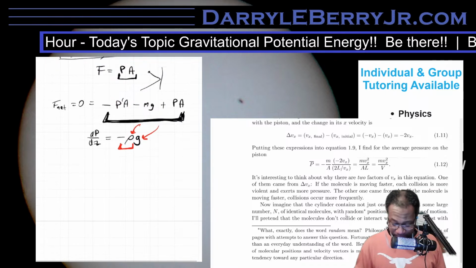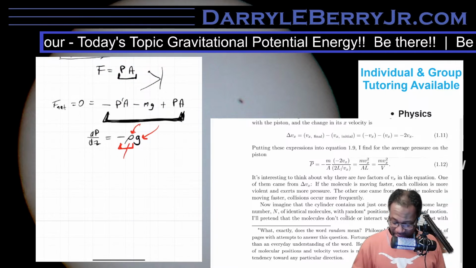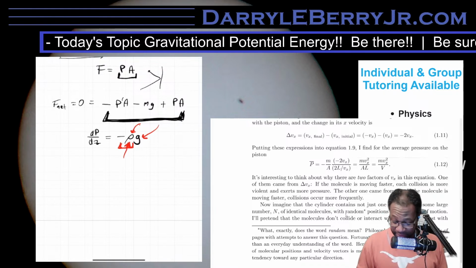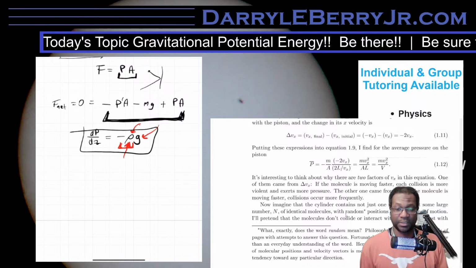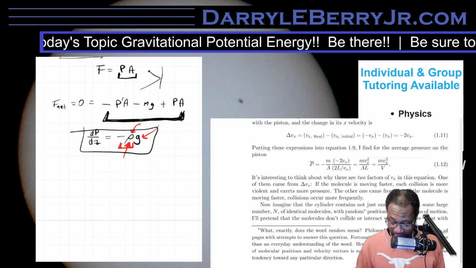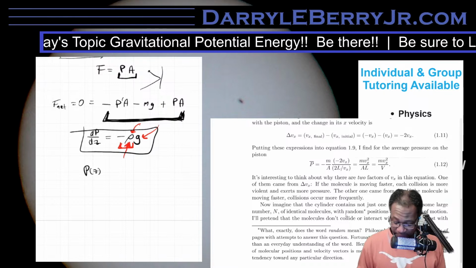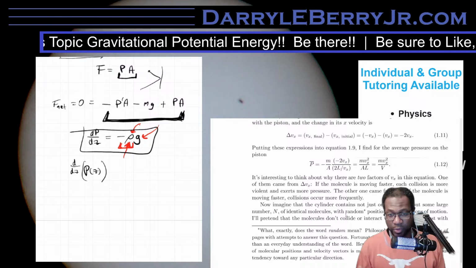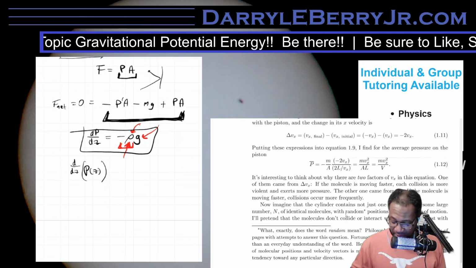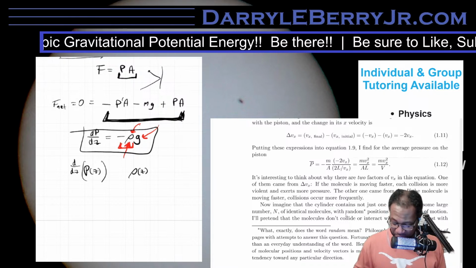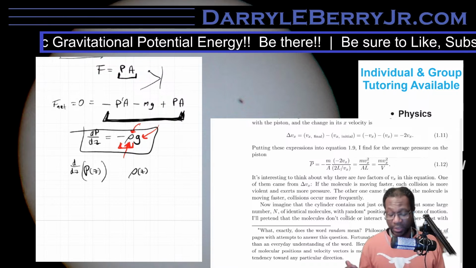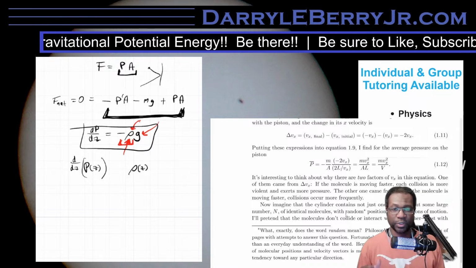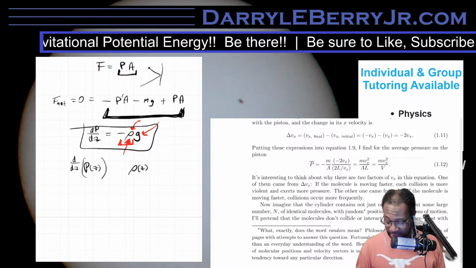Now we end up getting closer to a differential equation. But what ended up happening is we needed to put this in a different term, because this is an unsolvable differential equation, since we don't know what the pressure is. This is basically the derivative of the pressure as it changes according to height. We don't know what that is. And this is a density that changes according to height. We don't know what that is. So for a differential equation, you generally have to have one equation that you're solving for on both sides. And that's what we're looking for.